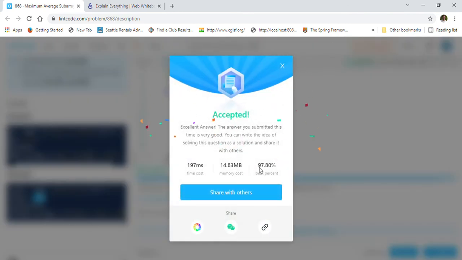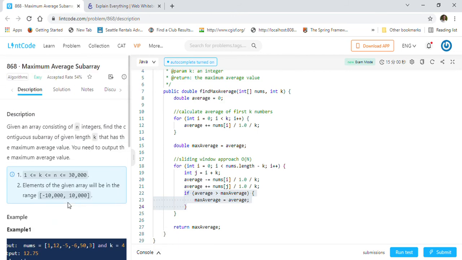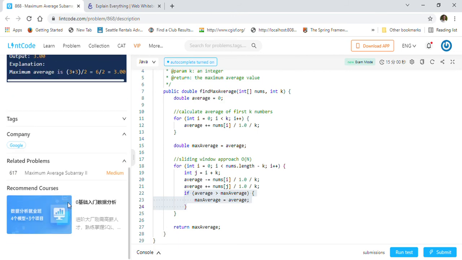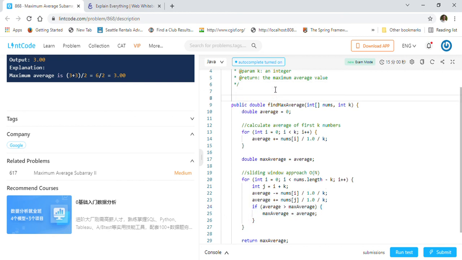As you can see, it is 97.8% faster than other submissions, which is very good. So this is the way we can solve the maximum average subarray problem, which was asked by Google, using the sliding window approach. Here the time complexity for this solution is O of n. I'll just write it down for you.